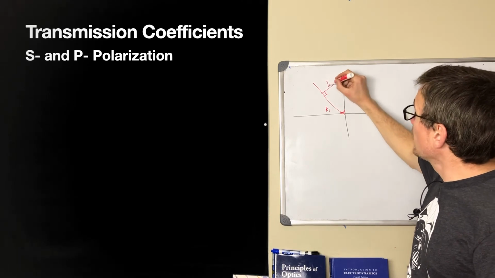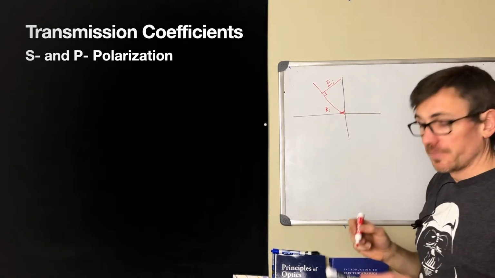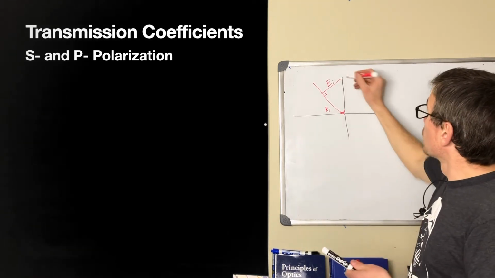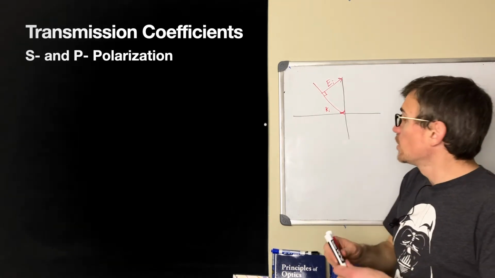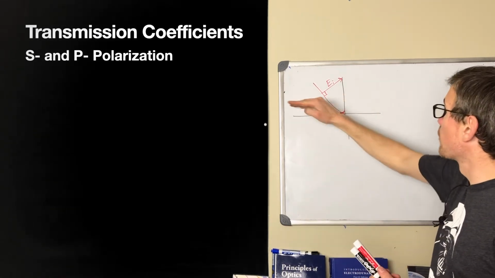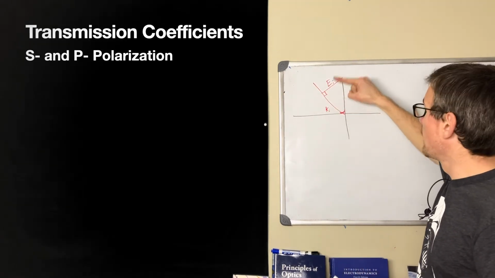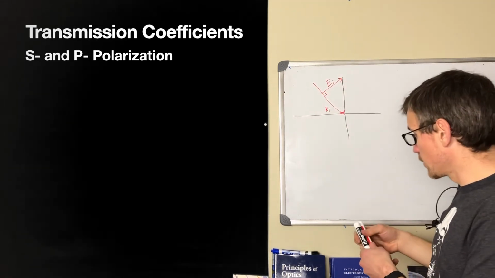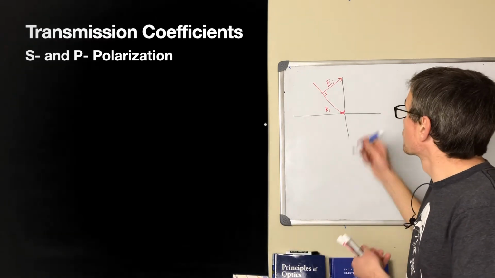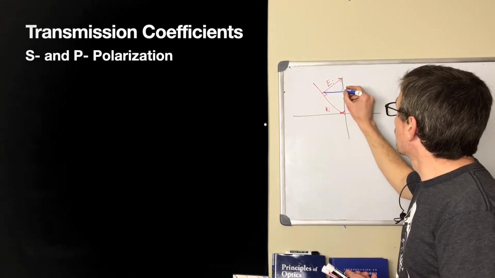Right, and here's E input. Okay, so our goal is to use the boundary conditions. We can break it up into the part that's along the interface and the part that's going into the interface. Right, so that's two beams here. We have